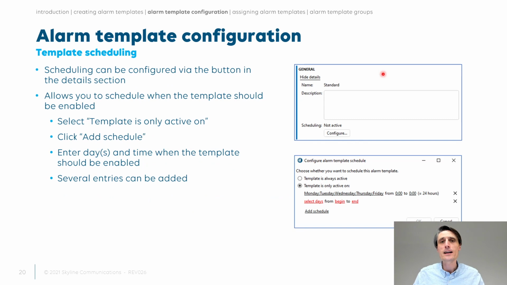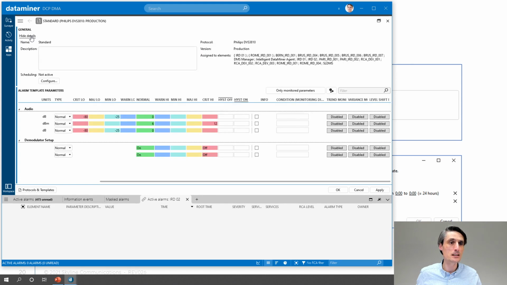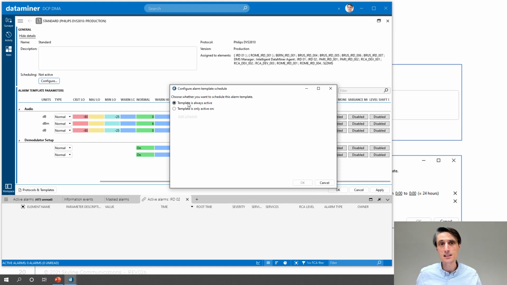Now, you can also activate some basic scheduling on a template, and you can do so by opening up the header of your template. So the template that you have open, you have a show details there. If you open that up, you are able to see some details, the name, the version, which elements are using it. And here you can configure the scheduling, and you can say it's by default always active, or it's only active on